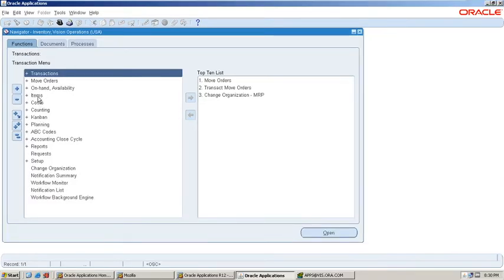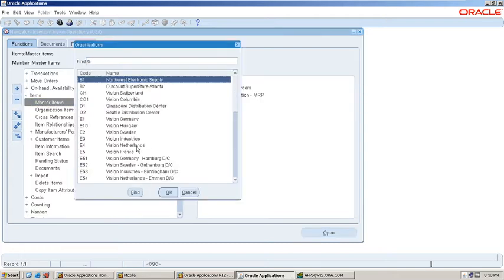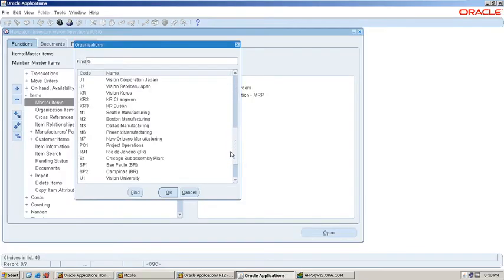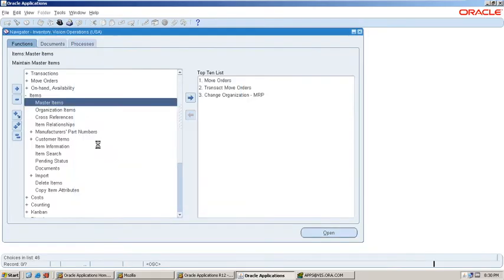Here, click on Items, Master Items. Here, choose the organization. I am selecting the master organization as Vision Operations.